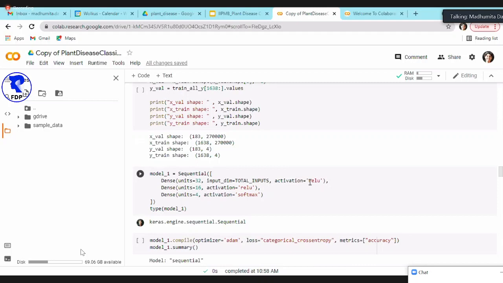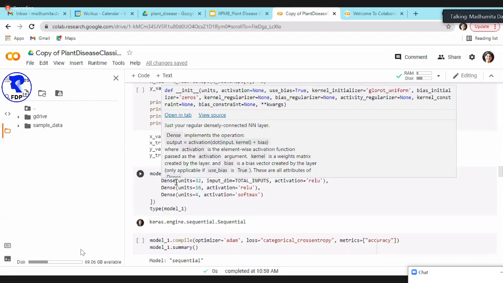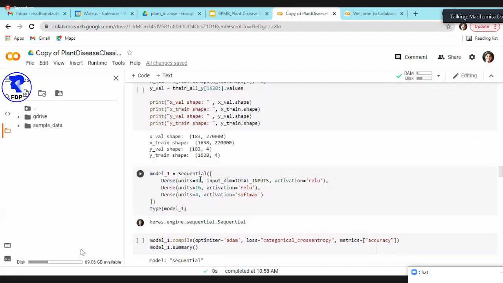And I would use an activation function of ReLU. As I mentioned, it's a very popular activation function. And then I say that the output from this input layer, the next hidden layer, should have 32 neurons. Now 32 is not a magic number. I've just randomly taken a number 32. And if you see in practice, people use multiples of 8, as I had mentioned in the beginning.